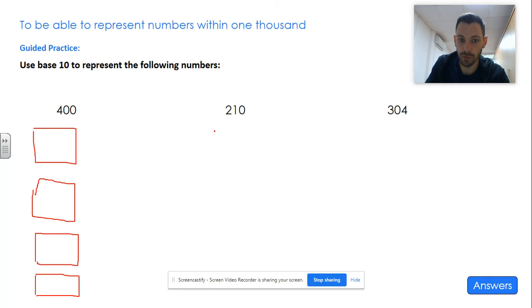The next one, we've got 210, so we're going to need 200 and 10, and I'm just going to draw a stick like this for my 10. And the final example